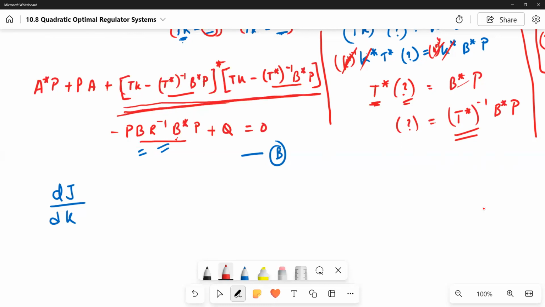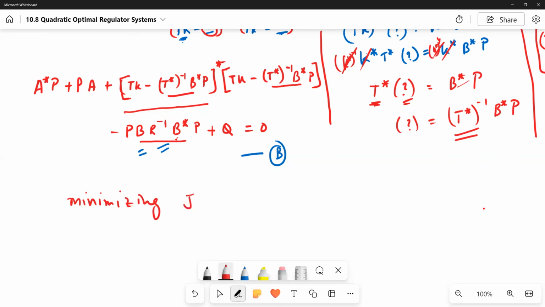Minimizing it means we set the derivative to 0, which gives the minimum value, as we know from our previous knowledge. So minimizing J